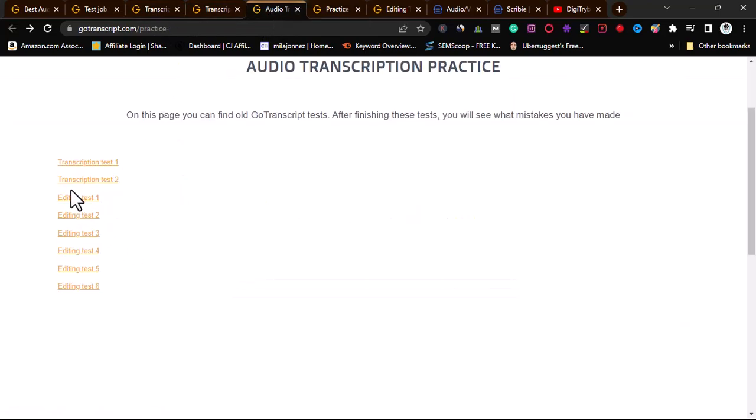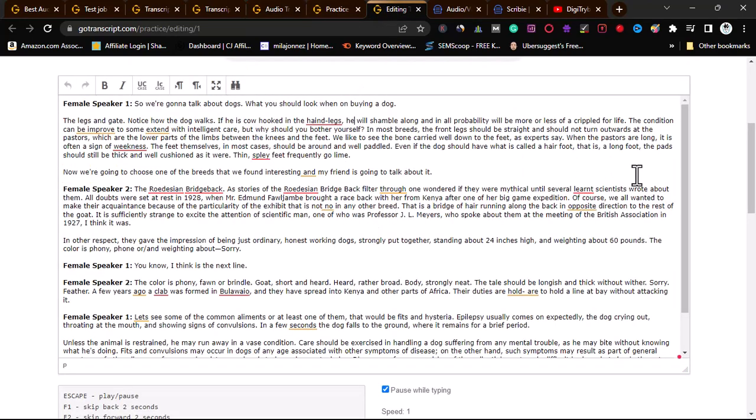if you come back to the place, you're going to see editing test 1 to 6. There are different types of editing tests you can also take. So take all of this and practice with them. And if you come to this place, I already opened this one up. Another thing you can do for yourself to even make your job easier for you is to install Grammarly. Please do. I don't think any person that is doing a transcription job should not know about Grammarly.